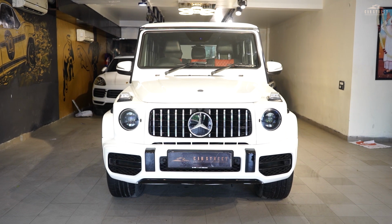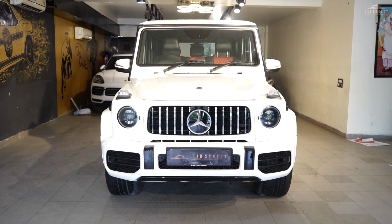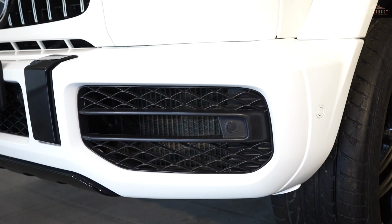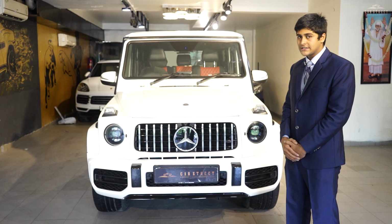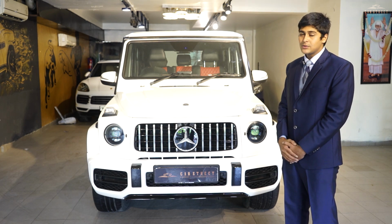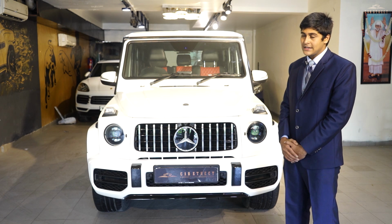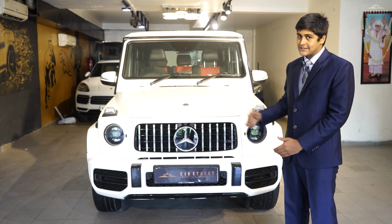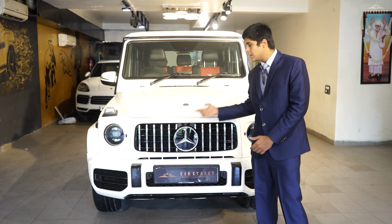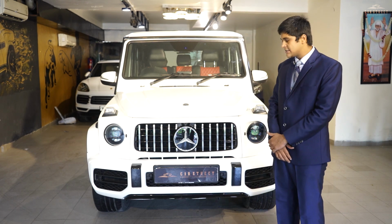हमको headlights के नीचे देखने को मिलता है इसका इतना ज़्यादा bulky and very sporty front bumper with these black elements and the air intakes that look very sporty on this car. इस गाड़ी में हमको मिलता है 360-degree parking sensors assist with a rear view parking camera assist, and this car has spaces for the 360-degree cameras too. As you can see, we have vacant spaces over here and under the side view mirrors,